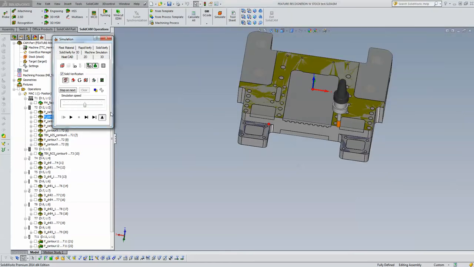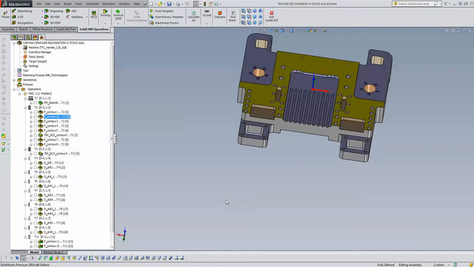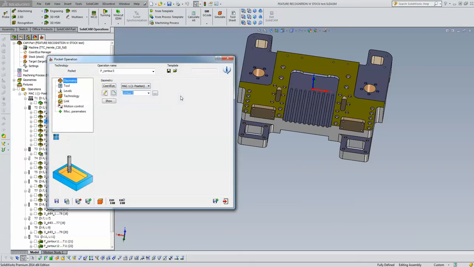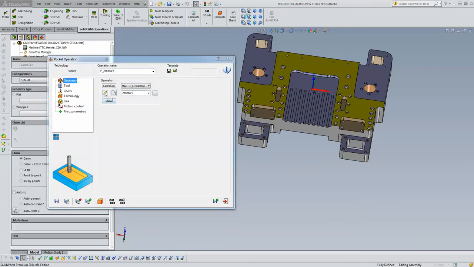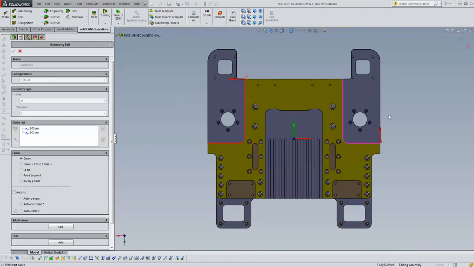Okay, but now I'd like to do the same thing, but this time I'd like to work in this area over here. Well, for that, since it's on a different level, I have to do that in a different operation. So again, I had to start a new operation over here. I had to create my geometry, again choosing my geometry around those chains over there, and in each one of those chains I would have to go in and mark open edges, and do this again on these edges